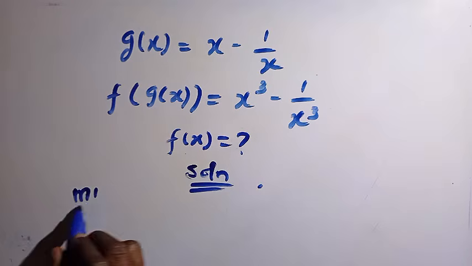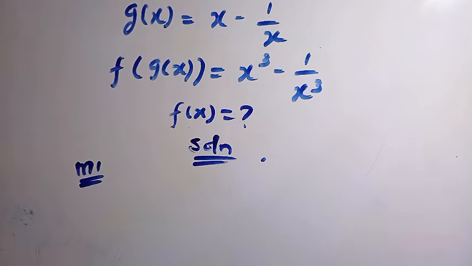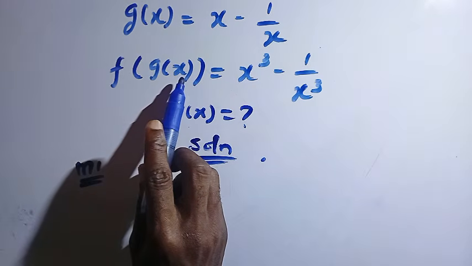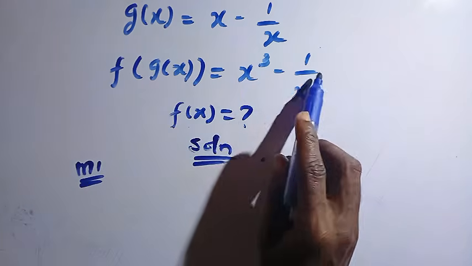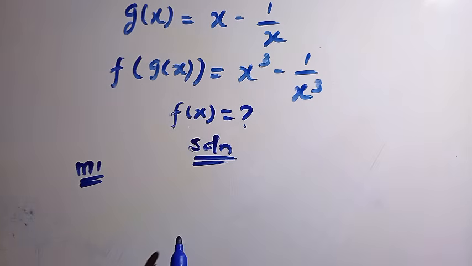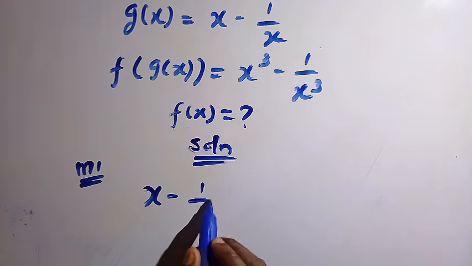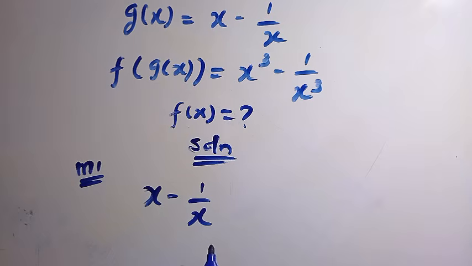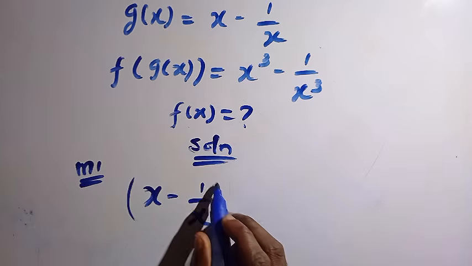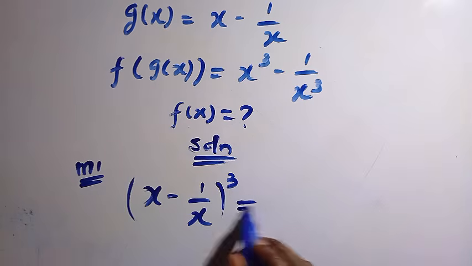For the first method, if I consider the second line, which is f of g of x equals x cubed minus 1 over x cubed. But first, let's try to consider this. Suppose I have x minus 1 over x. So this is a combination of a linear and a rational. Then I need to get x cubed minus 1 over x cubed. So what I will do is take the cube of both sides. So by cubing both sides, we are going to have